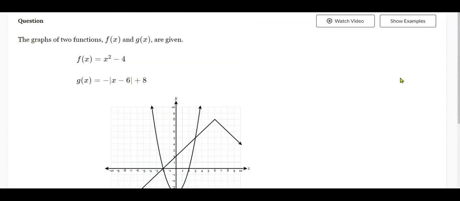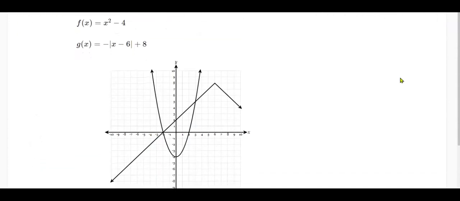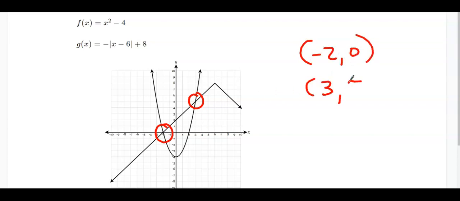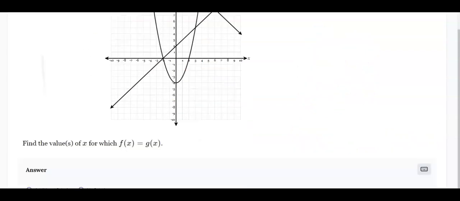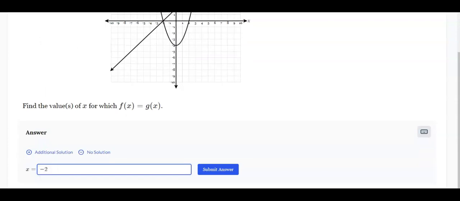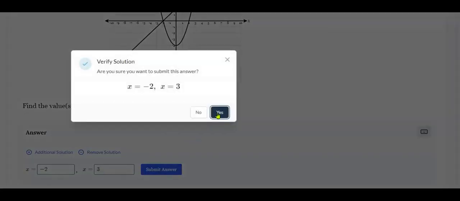Okay, I skipped ahead to a different question. And in this graph, there's more than one solution. Looks like we have a solution here and there. And those points of intersection are -2, 0, and 3, 5. And again, when they want to know when is f of x equal to g of x, they're looking only for the inputs. What are the x coordinates when these graphs intersect? So we have two answers this time, -2 and 3. And so when I scroll down to enter my solutions, I'm going to click this button here, Add Solution. And that's how I can input more than one point of